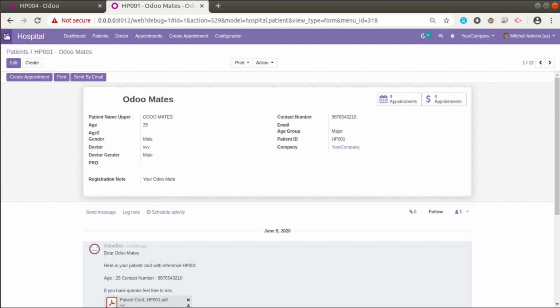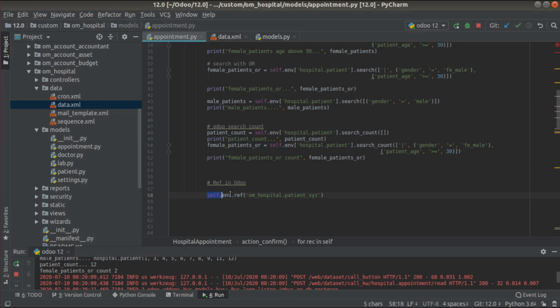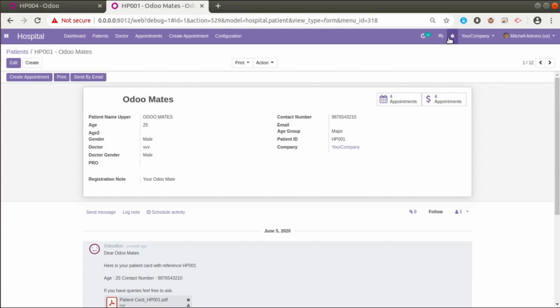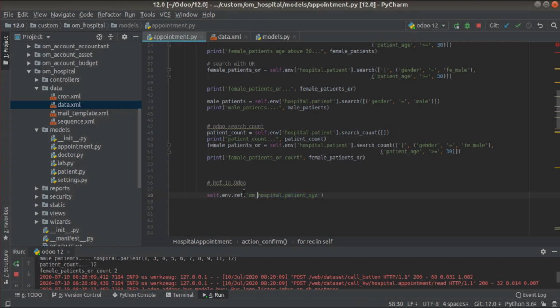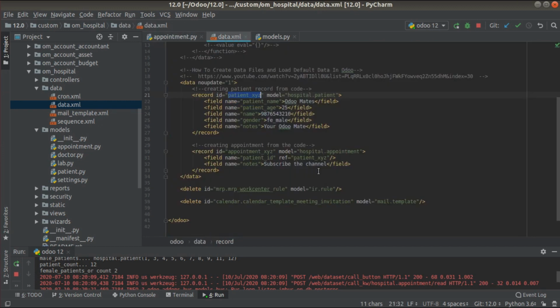That is, we can reference a record using self.env.ref of its external ID. The external ID you can get by clicking the debugger button, then view metadata, and here you can see om_hospital.patient_xyz. So I will simply copy this and paste it here. It will be the same as what we have entered, that is module name om_hospital dot record name patient_xyz.